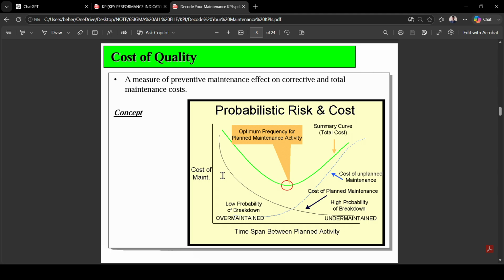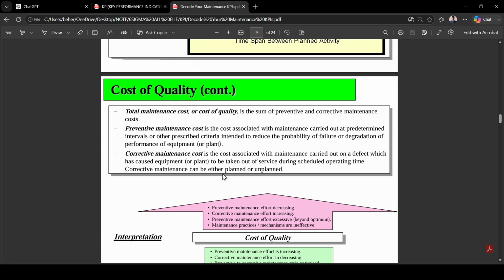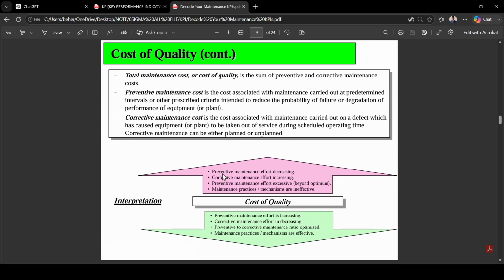See that image. One line is the cost of maintenance, another line is the time span between planned activities. So this is the optimum frequency for planned maintenance activity. From this image you can understand what cost of quality is in the manufacturing industry. Over-maintained and under-maintained equipment can both yield cost. Cost of quality equals total maintenance cost, or the sum of preventive and corrective